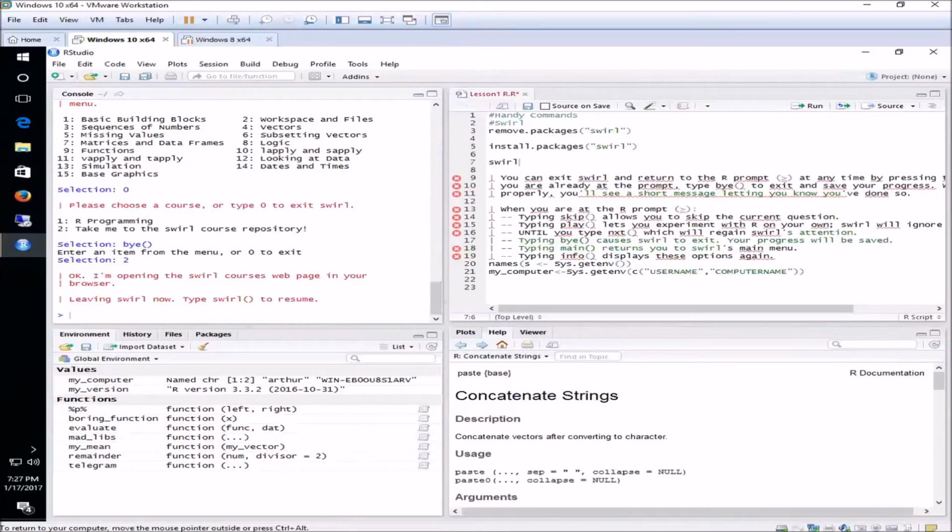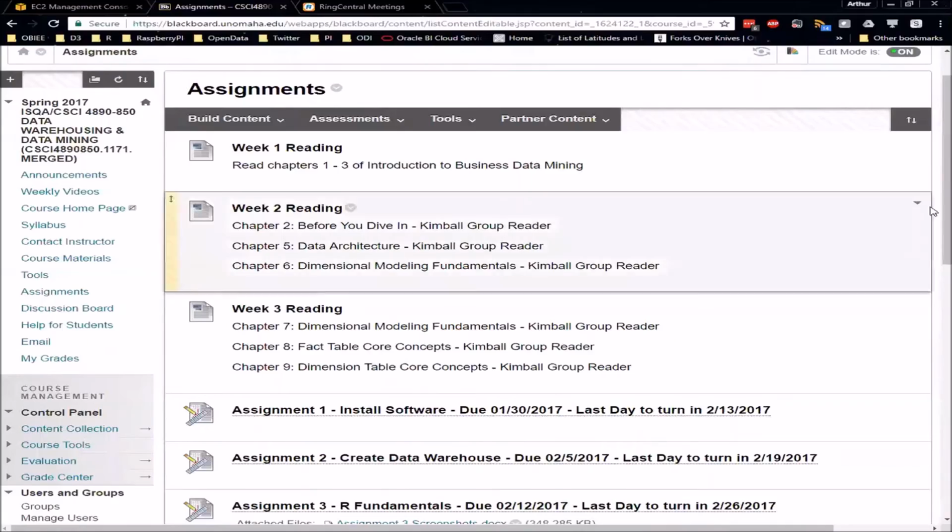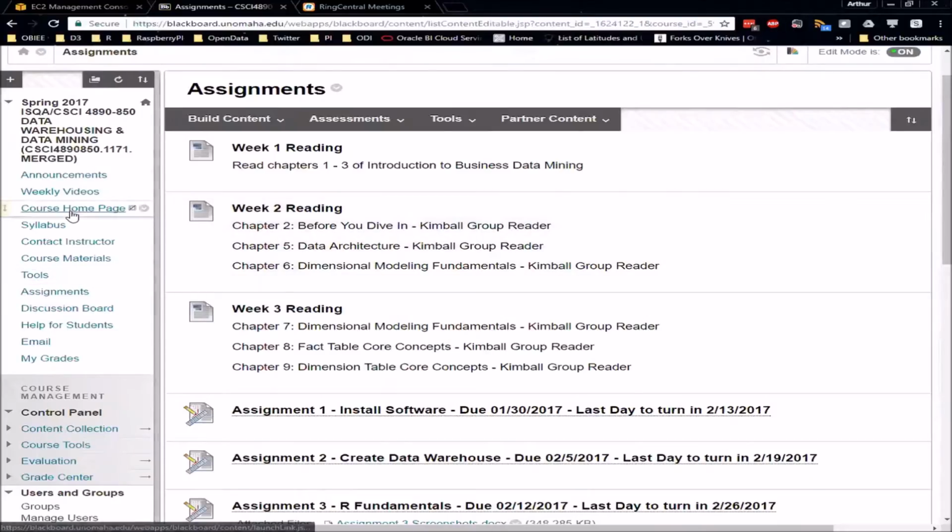Then this might hurt a little, but you'll get the hang of it. Once you get comfortable with R, it's remarkably powerful and also not that hard to use. It's just a matter of getting used to syntax and how you do different things. I'm confident you'll get the hang of it because I was able to figure it out. I'm not that smart, so I'm confident anybody can figure it out. All right, so